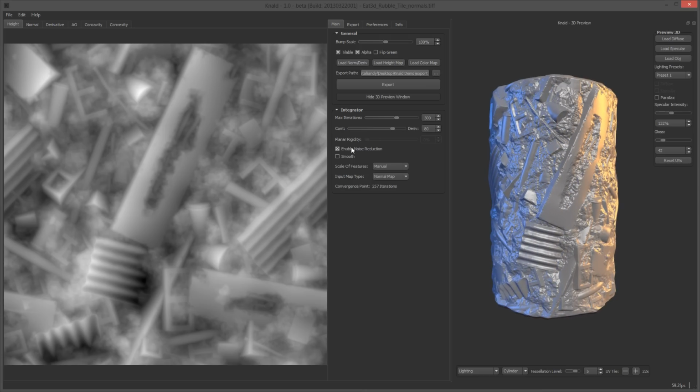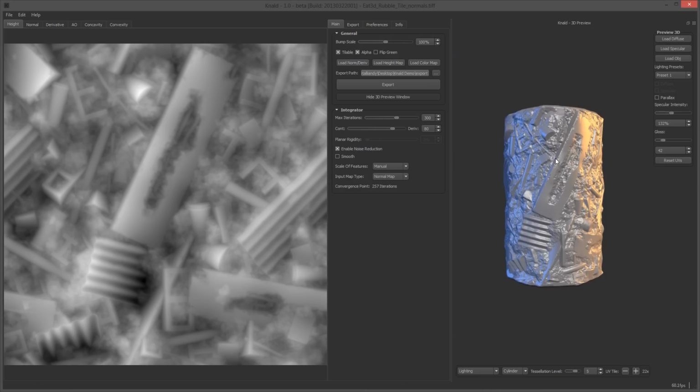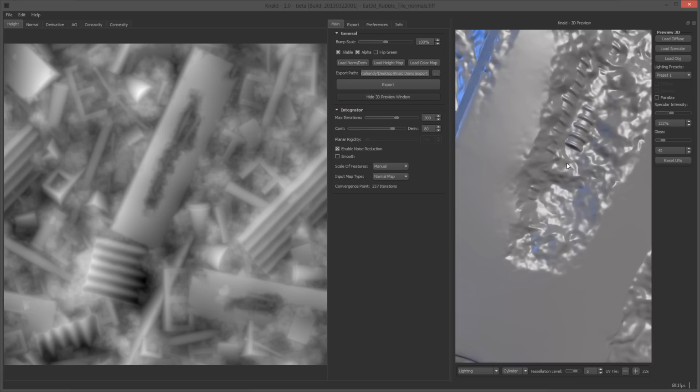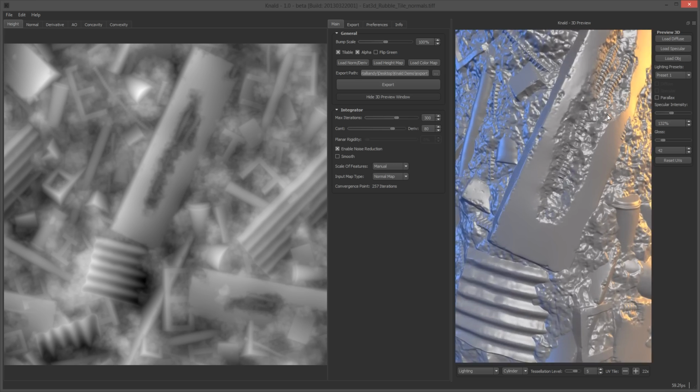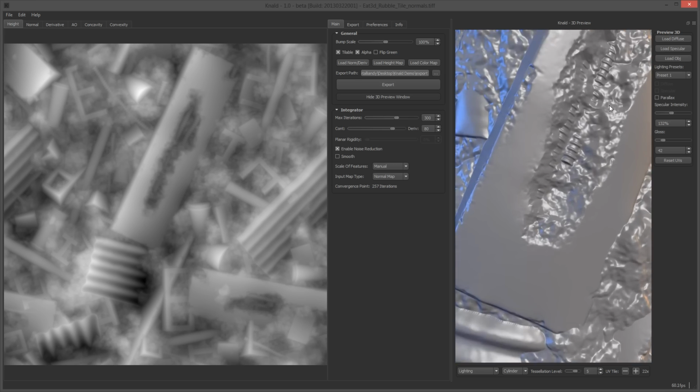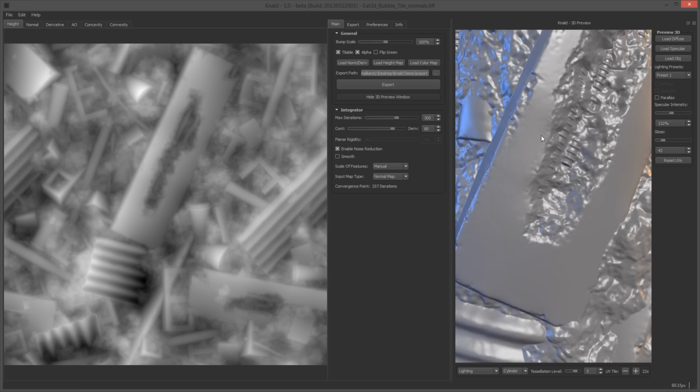Got a noise reduction here, so if we zoom in, you can zoom in the 3D preview, by the way, by either using your middle mouse button scroll, which gives you a coarse zoom, or you can hold Alt and then drag your mouse button up and down for a fine zoom. So if we go somewhere like